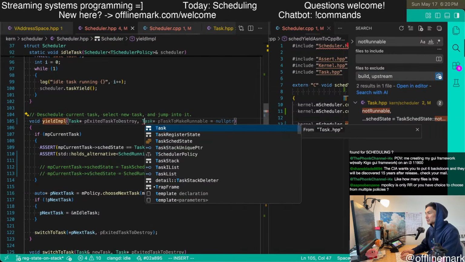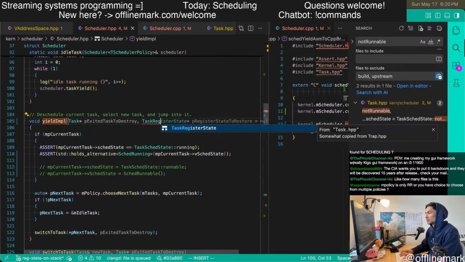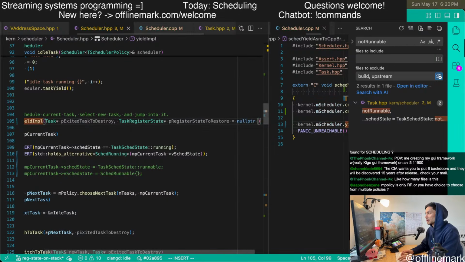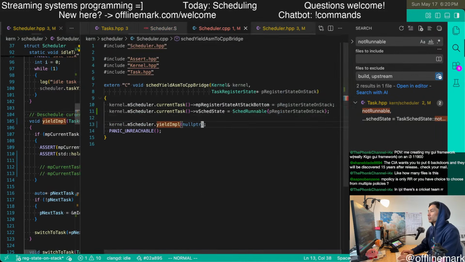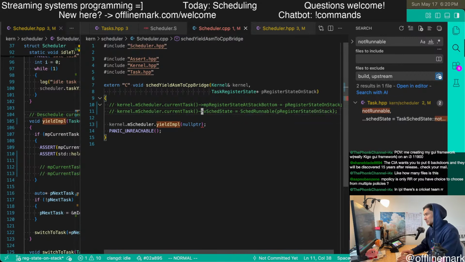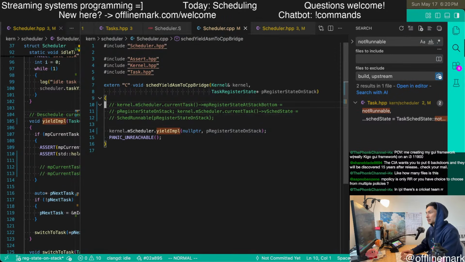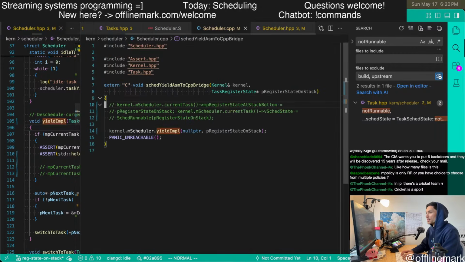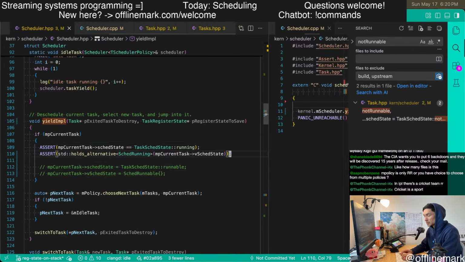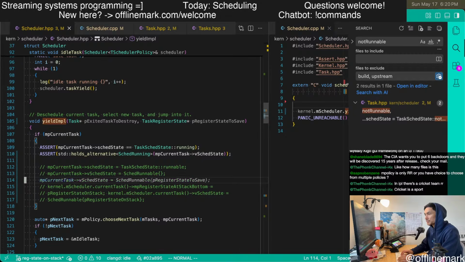That's the task register state. Register state to save, maybe. And our bridge is not going to be responsible for this logic. It's just going to forward data, which is more of the design that I want. And then this code is going to go into here.